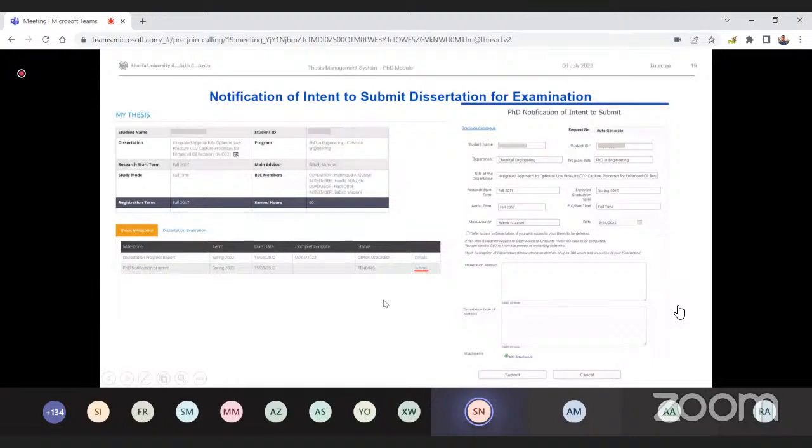All the PhD students will have an external examiner examining their final thesis, who will be a part of the examination committee. So in this particular notification of intent, the students are required to submit the dissertation abstract and table of contents, which is going to be shared not only with the examination committee but also with the external examiner. Okay, in this form, students also have access to indicate if you require to defer access to